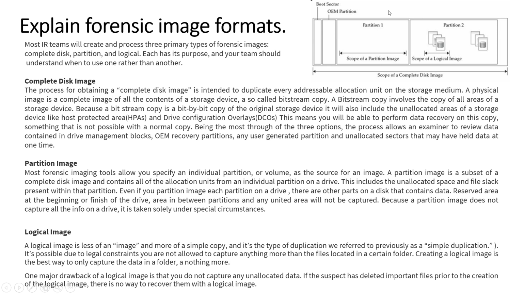A complete disk image is an image of the hard disk in its complete form. For example, this is an image of the hard disk which gives you the scope of a complete disk image. Whenever we go through any of the hard disks, we can only see the partitions. Maybe partition 1 is our C drive and partition 2 is our D drive. The area that is accessible to the user is only these two.